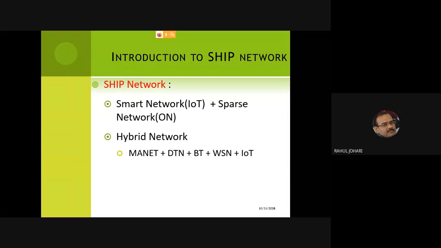So a ship network is spread across a huge, vast area, because that's what my test bed is. So I have to bring together multiple kinds of networks to make a single network. I will take an example of how the congregation of these networks takes place to build a larger network. Now in such a network, message delivery becomes a challenge, right?